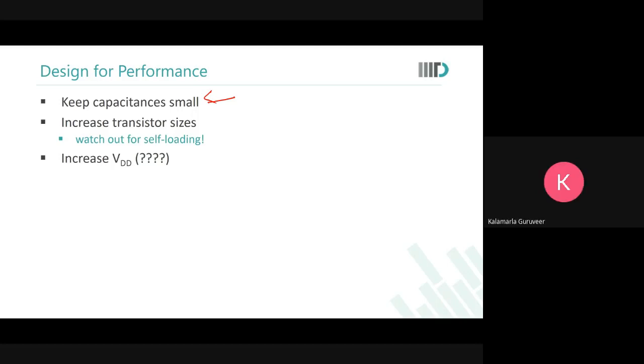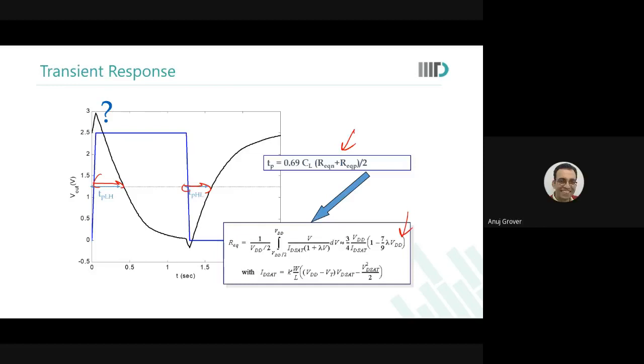Sir, can you move to the previous slide, sir? Yes. Sir, in the output graph, we have some rise, right? From 2.5 to 3. Why did it happen, sir? You tell me. Sir, I don't have an idea. So what do you think? Why do you think it would happen? Maybe because of some extra charge.